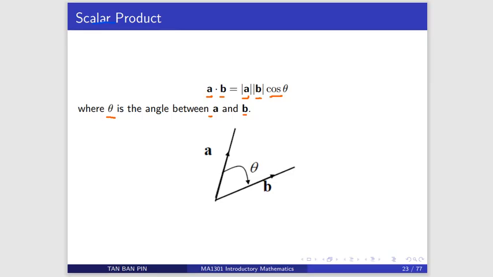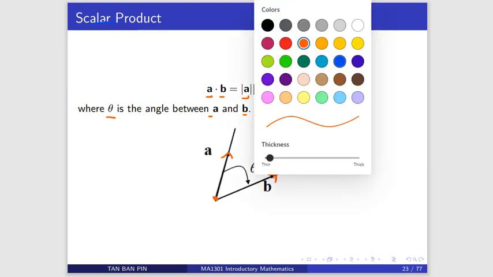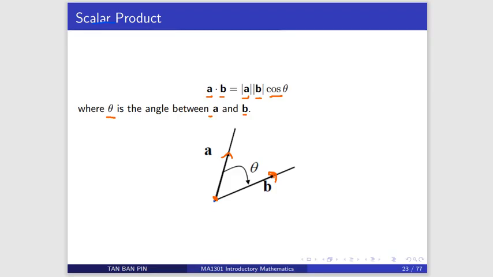When we talk about the angle between two vectors A and B, the direction of A arrow must both be pointing out from the same point. It means you must draw vector A, vector B, both starting from the same point, and both vectors must be pointing out. And you can also draw it in such a way that both are pointing in. Let me extend the line this way. Then what you learn in primary school, if you have two lines crossing, then vertically opposite angles are equal. So we can also draw B pointing in, A pointing in to the same point.